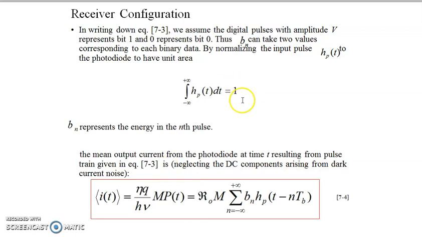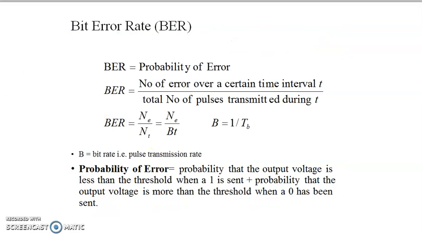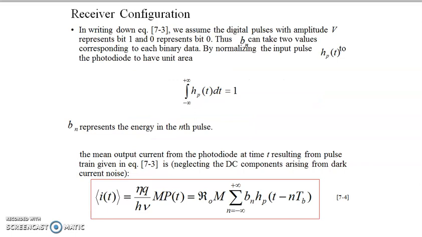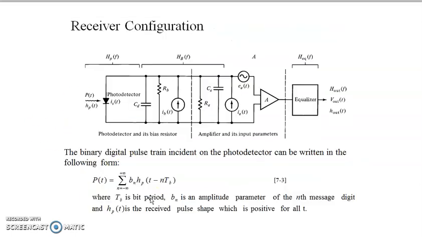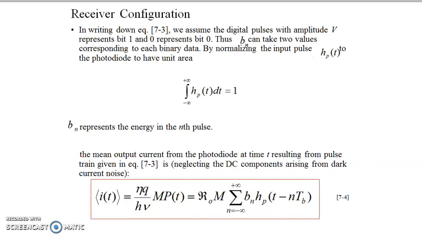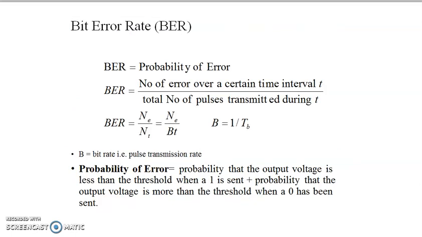from that we can find out how much current is obtained. But to represent that 1 and 0 value, we need to see what the bit error rate is, and then we will get exactly how the signal is received. Okay, that is the photodetector. Then we are getting a sufficient current, as per whatever value we have here, we will get the output in the form of a current.